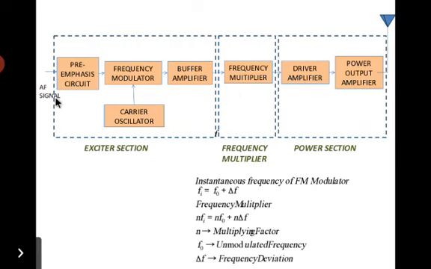Now we go to the pre-emphasis circuit. An audio signal from the signal source, a microphone, is taken. This signal will have an uneven power. At high frequency, its power level will be very low and hence it has to be boosted. This process is performed in a pre-emphasis circuit. Here, all the frequency components in the modulating signal are made to have equal power.